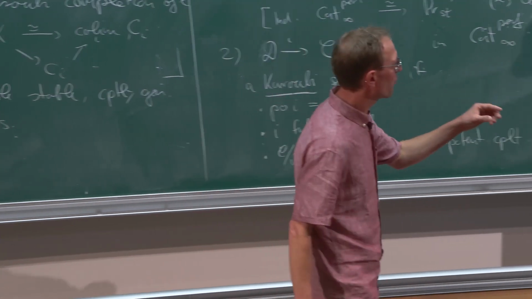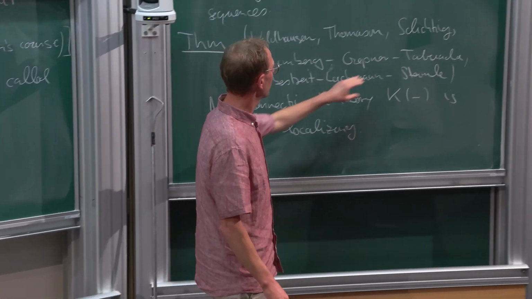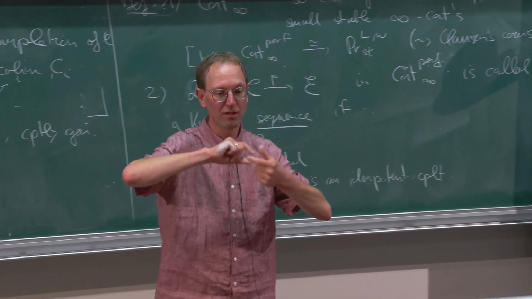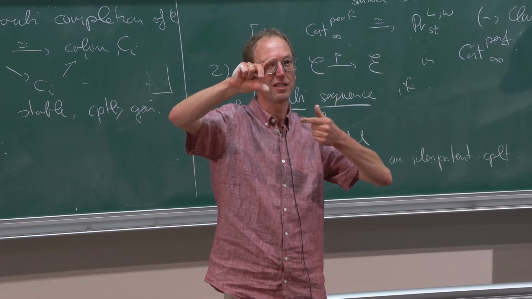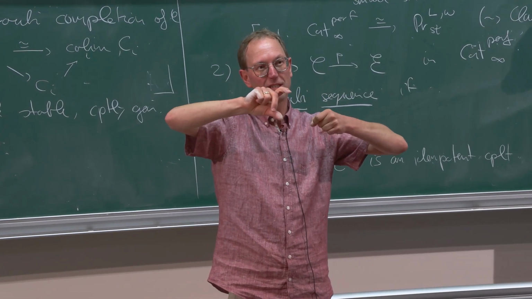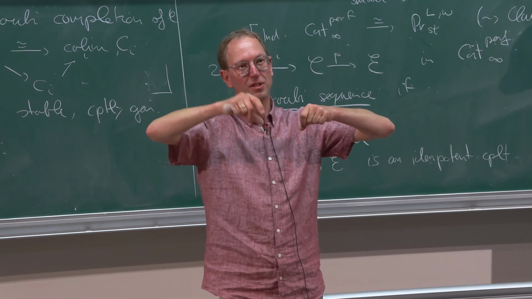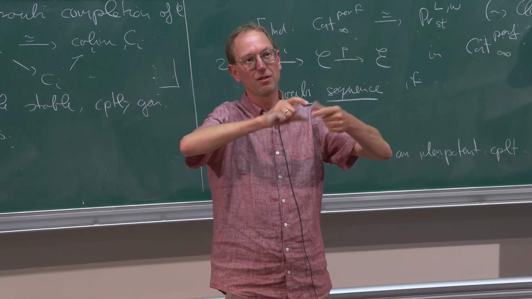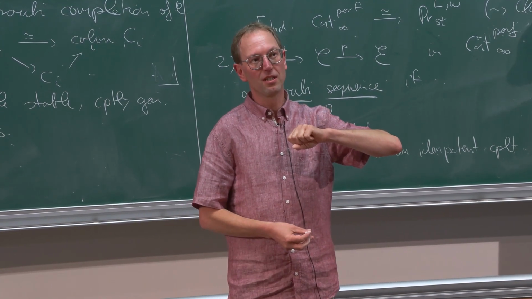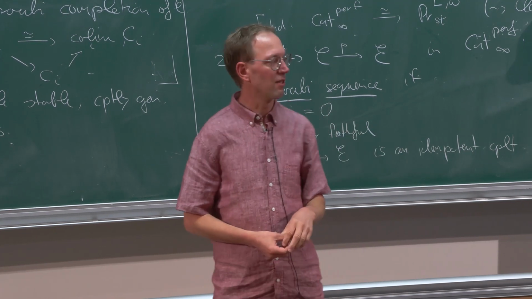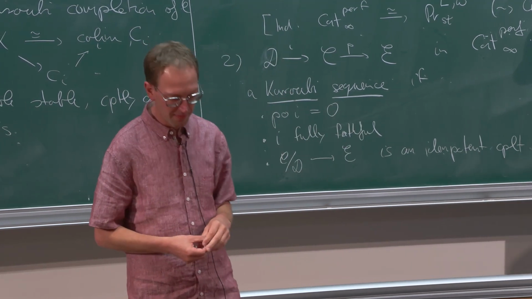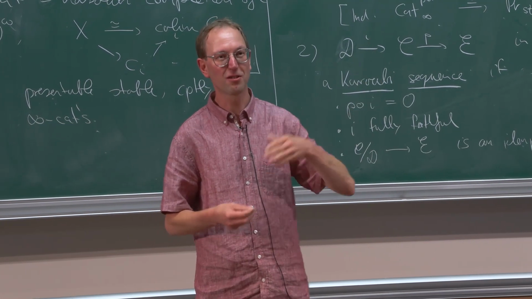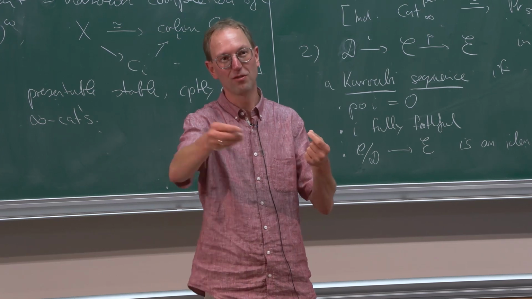Okay. So roughly, what is the idea of Schlichting? If you have such a small stable infinity category, you embed it in a larger infinity category, which has arbitrary direct sums, and whose K-theory vanishes. Then you take the cofiber of this, and this somehow gives you a delooping of this category. And of course then you have to do this infinitely often to get all the negatives. So this would produce a K-1, and then you do this infinitely often.